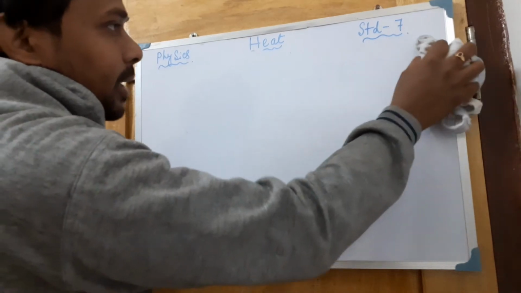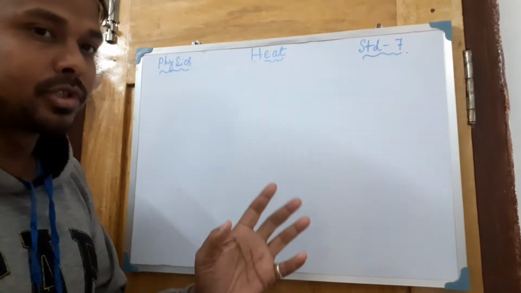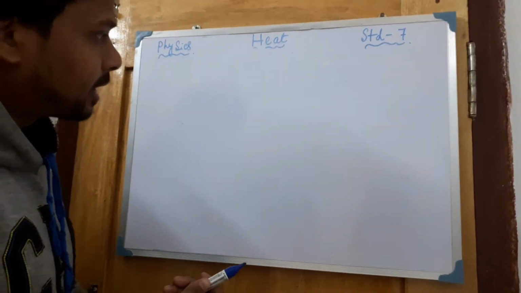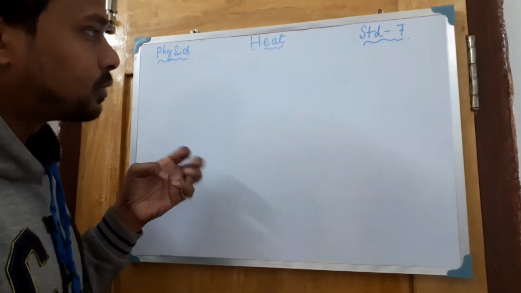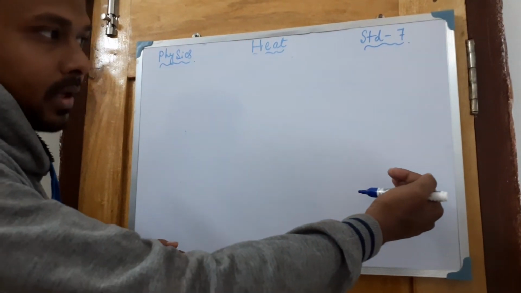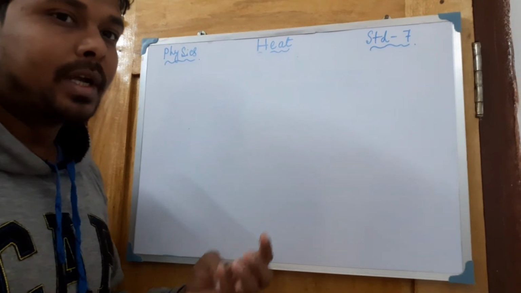Suppose we are talking about the sea breeze and land breeze. Definitely from sea to land, suppose some amount of energy or heat is coming, then that type of breeze or wind is coming. So that is known as what? That is sea breeze. Land breeze means when the air goes from the land to the sea, then that will be a land breeze.